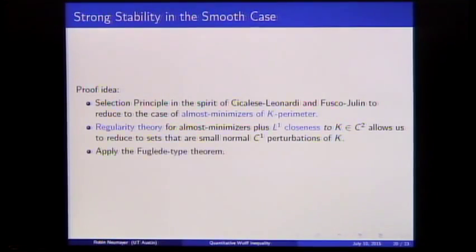Okay, well, we already discussed this case. This is where we already proved the Fuglede type theorem. So this is great, but we also would like to say something even without assumptions on our Wulff shape. Before we said for this theorem that we want a Wulff shape that's C2 and uniformly convex. But in the case where we just take any Wulff shape, we can still say something.